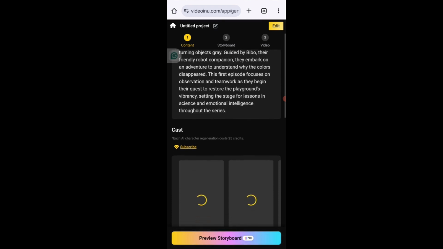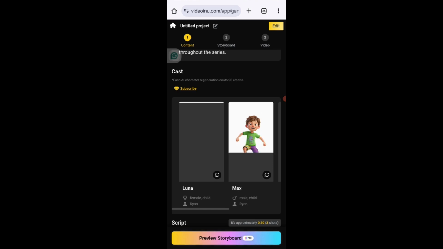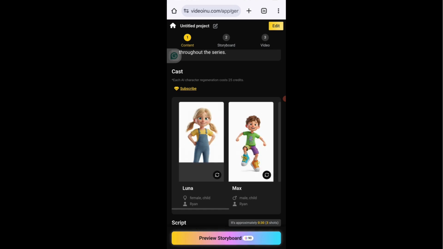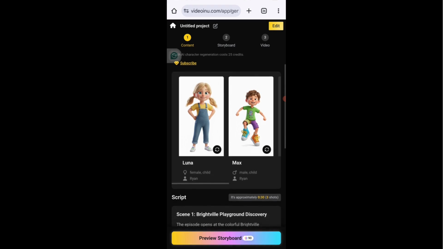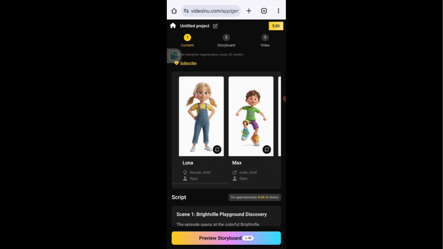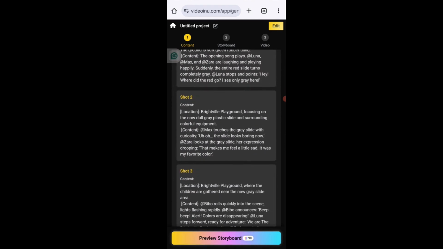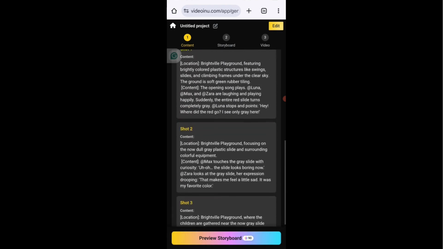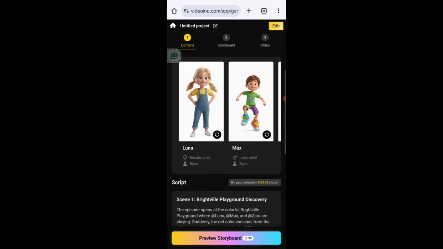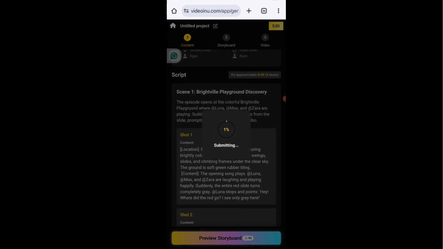Now it has given us another page. So you can see this is the page. You can see these are the characters. You can see how beautiful it is. This is very, very beautiful. So this is scene 1. So the next thing is to click on, you can preview your storyboard, and you can see